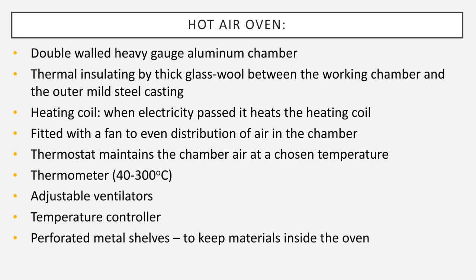Next, coming to another one, hot air oven. The hot air oven contains a double walled heavy gauge aluminum chamber. Next, thermal insulation is provided by thick glass wool between the working chamber and the outer mild steel casing. So, this is a double wall, inner wall and outer wall. In between, there is an insulating material, that is glass wool, which prevents heat loss. It is fitted with a fan for even distribution of air in the chamber, and a thermostat which maintains the chamber air at the chosen temperature,